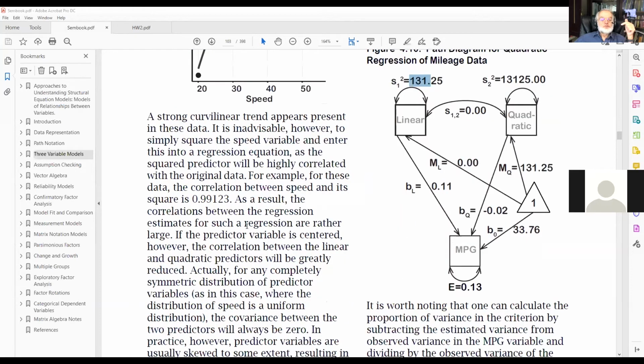So the take-home message from this is, oh, I can do a regular old quadratic regression. And here's a path diagram. It's just a two-predictor regression like anything else. The lesson for the future is that the act of centering the variables will affect patterns of covariance and correlation between the predictor variables. And as a result, just as we talked about before, it increases the power for detecting statistical significance of